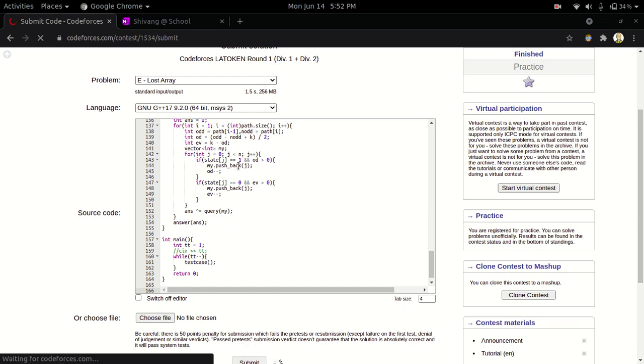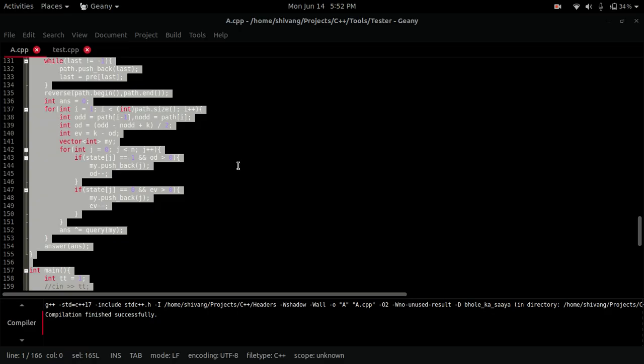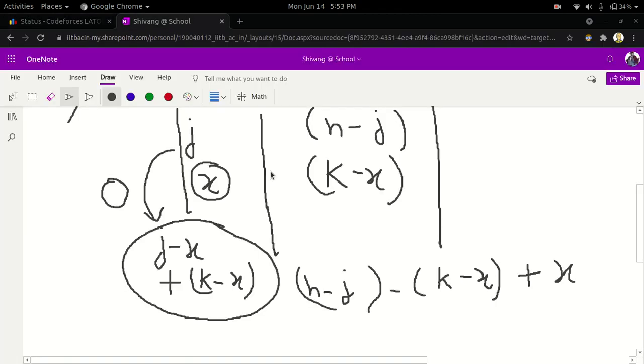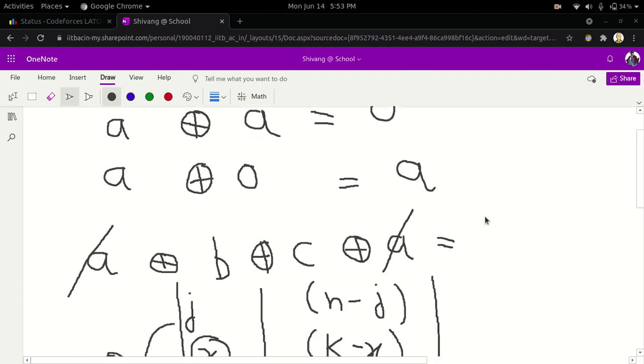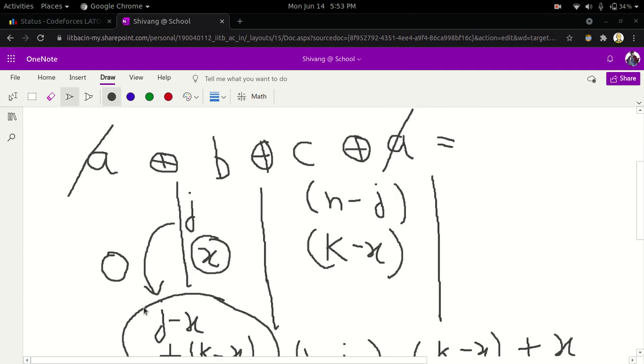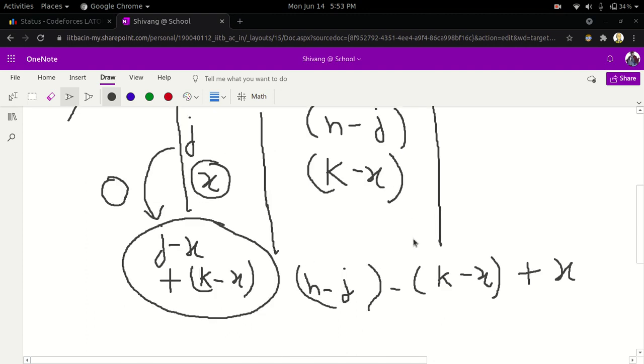So a brief recap of what we did was that we first understood that XORing with the same element twice gives 0, so only the parity matters. And then we thought of a graph where the jth node corresponds to the number of elements which have occurred an odd number of times in our current XOR sum. And then we made the transitions, where we only allow meaningful transitions, not negative ones.